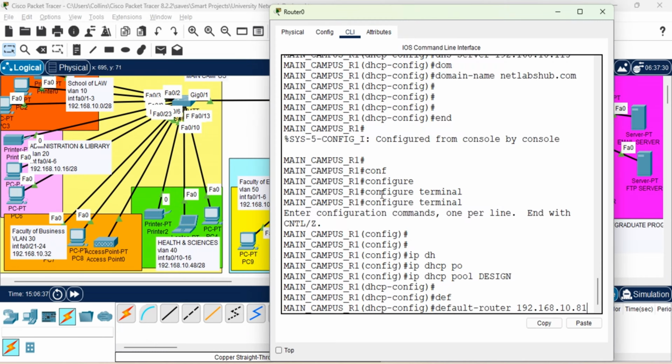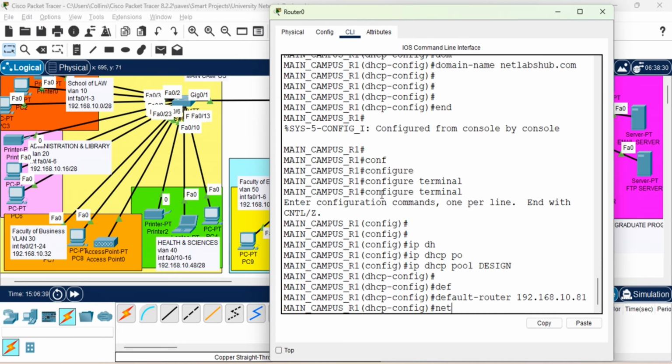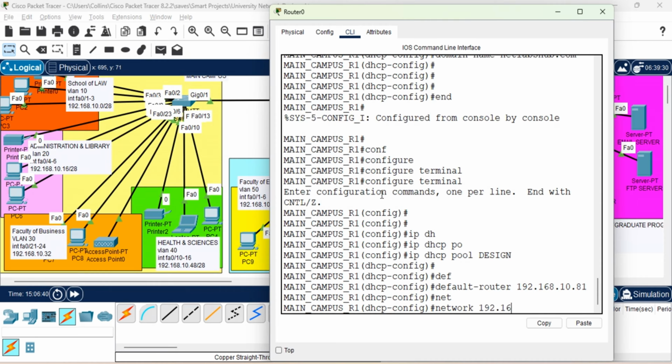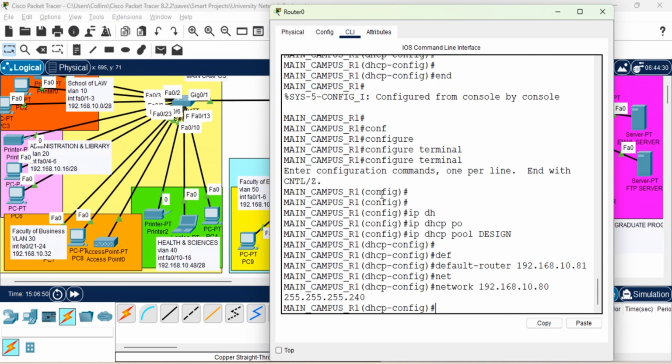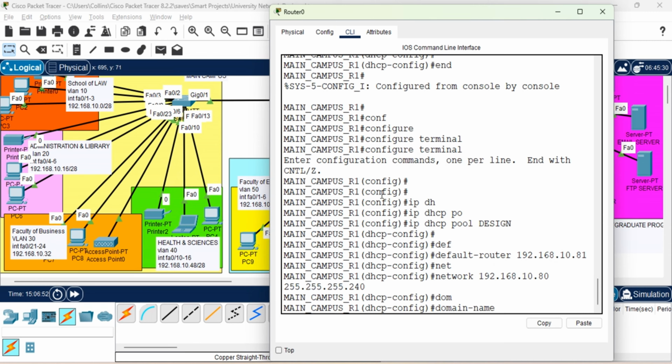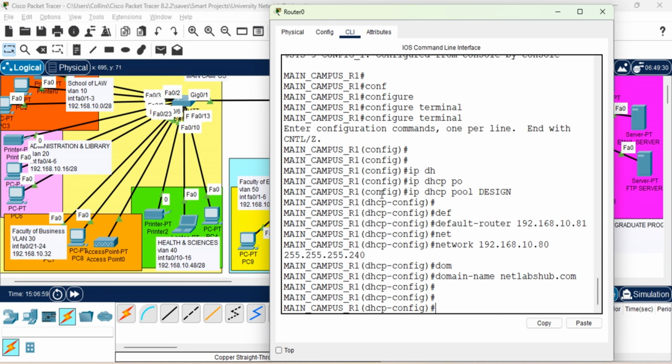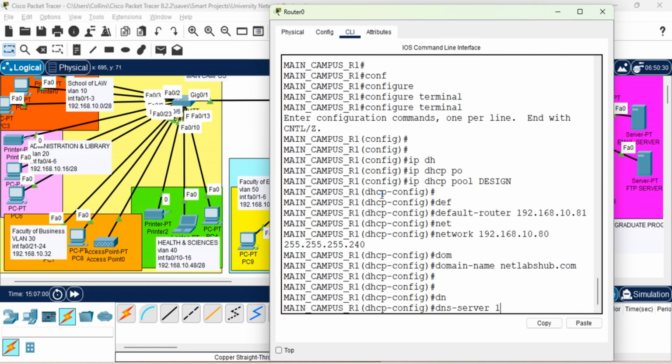That's 81. Then network, then domain, then DNS,